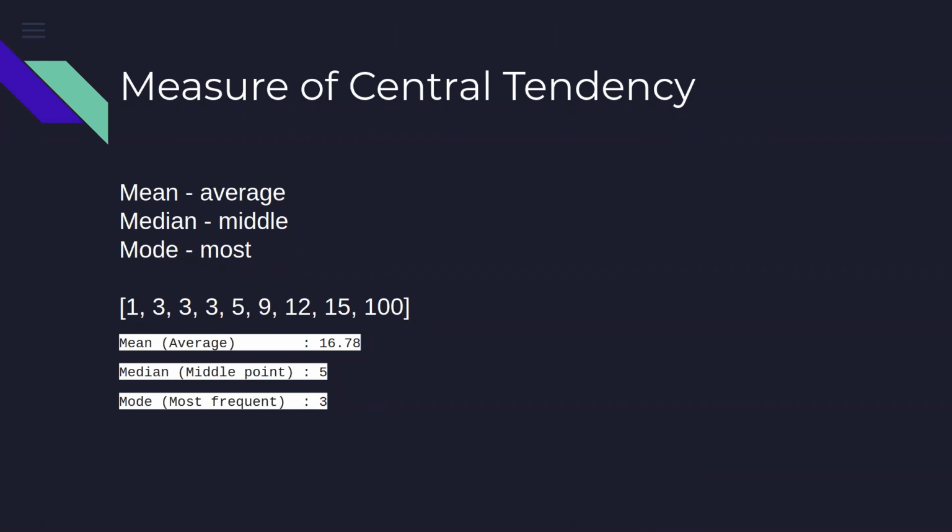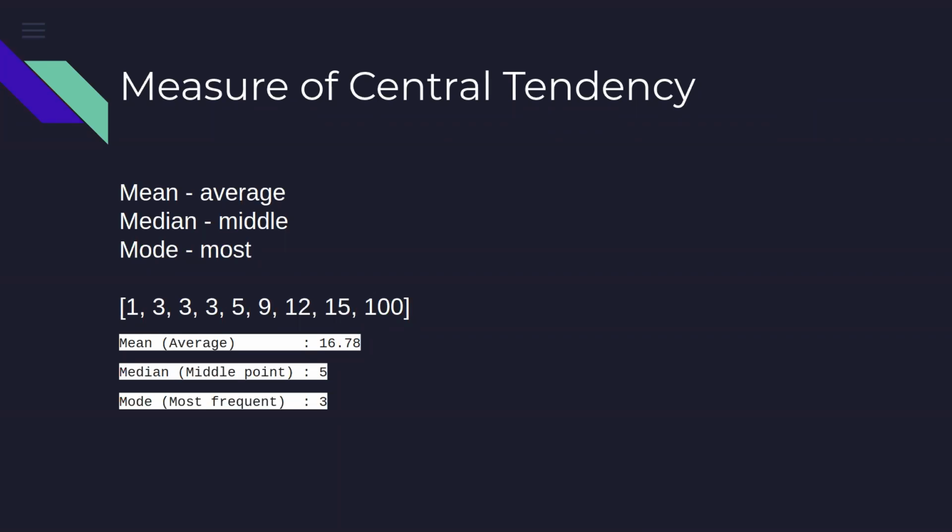So average, we know how to find out. We just take the sum of all the numbers and divide by the count of numbers, that is the mean or the average. The other two things, which are also very important in statistics, are called the median and the mode. Mode, you will see that we will not use frequently in our computations or analysis, but median would be used very frequently.